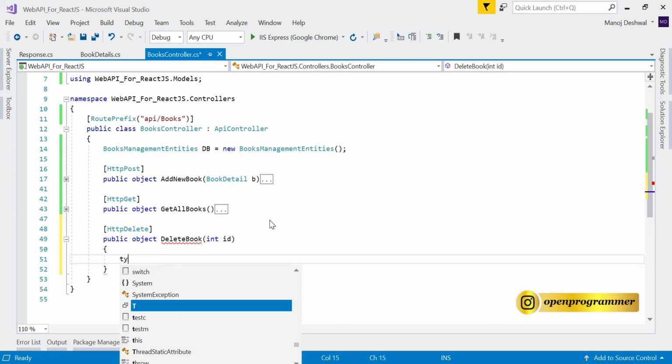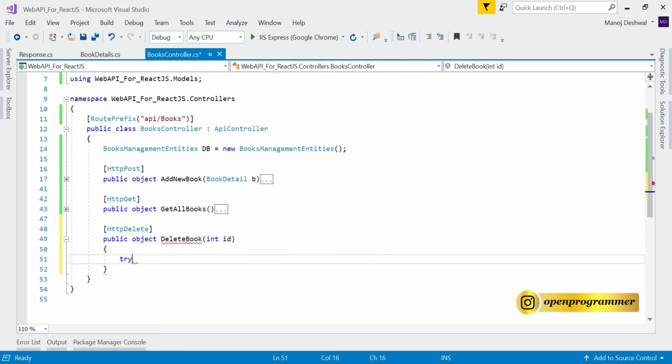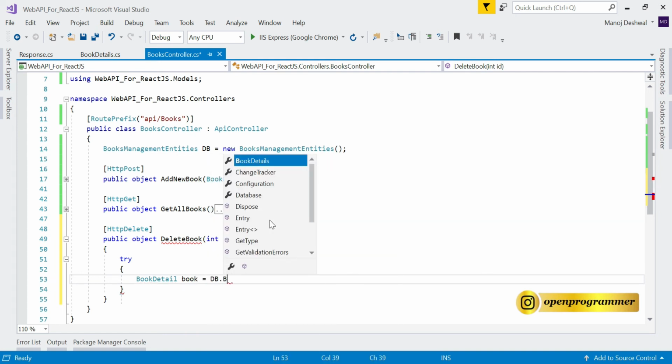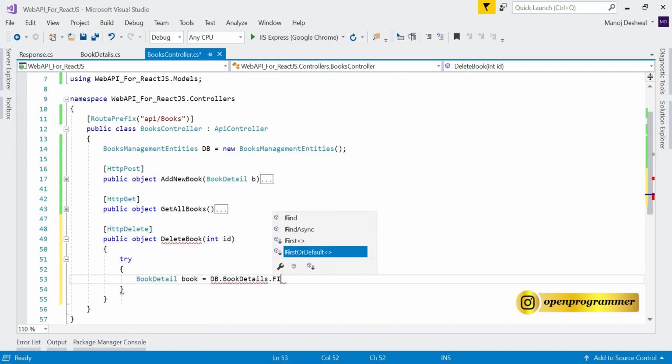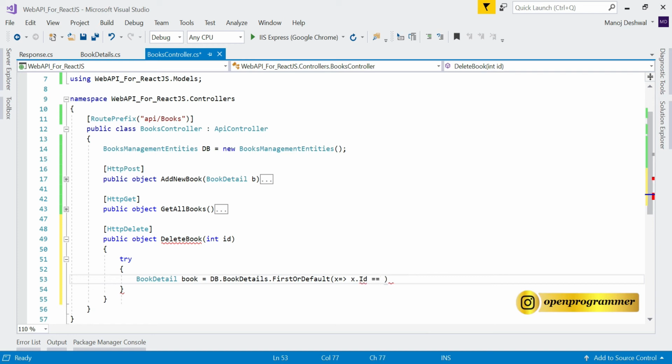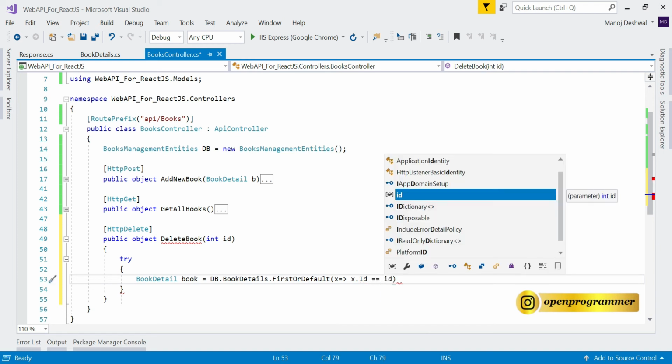So here let's declare the try catch block first. In the try we will create, let's say, book details book equal to db dot book details dot first or default. Here we will use a lambda expression, so x dot id equal id which we are getting from the parameter.